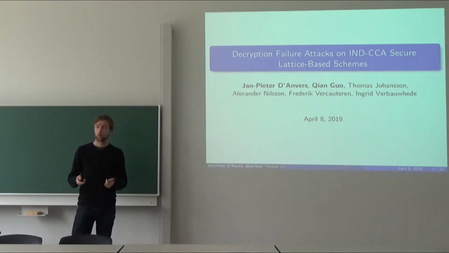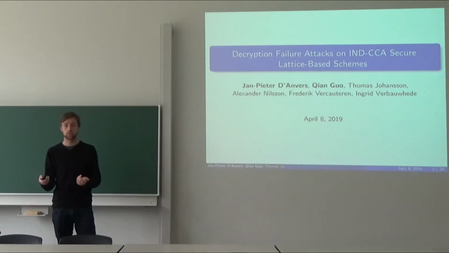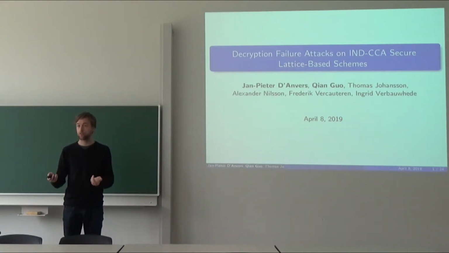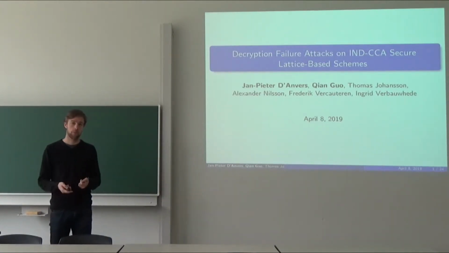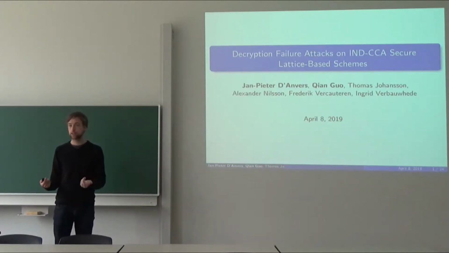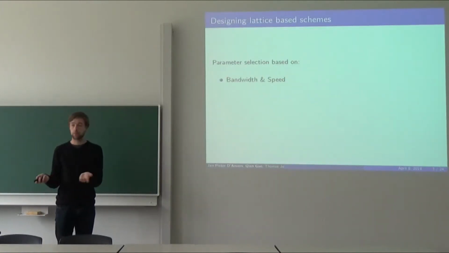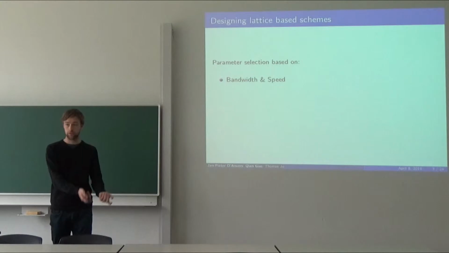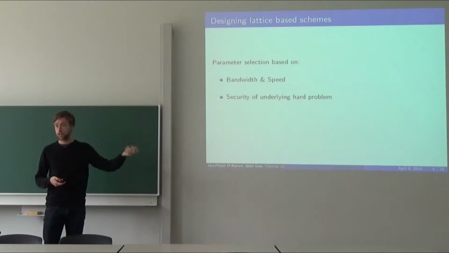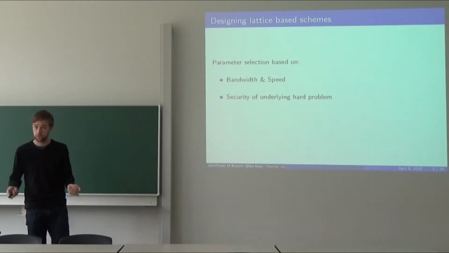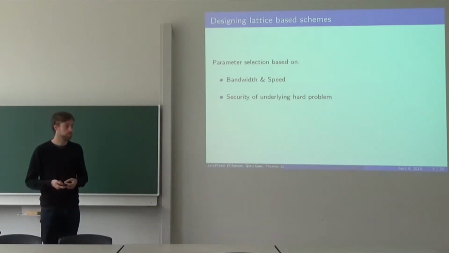Two years ago I was part of the NIST submission Saber. Saber is one of the submissions to the NIST post-quantum standardization effort, in which we are looking for new encryption schemes that are secure against quantum computers. One of the challenges that we had when designing the schemes is, of course, the parameter setting. How do we choose our parameters? On one hand, you want your parameters to be small, because then you have small bandwidth and fast calculation. But on the other hand, you need to think about the security of the underlying problem. So you need to select your parameters so that your scheme is actually secure. This is a typical trade-off in most schemes that you look at.